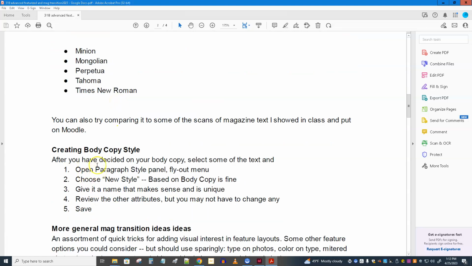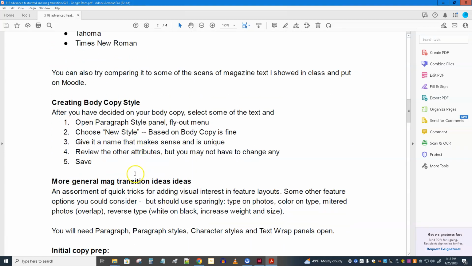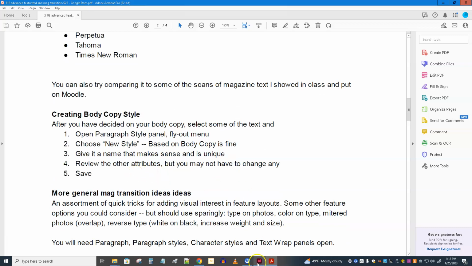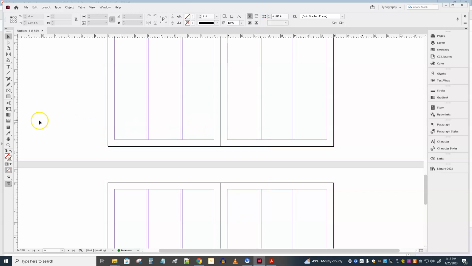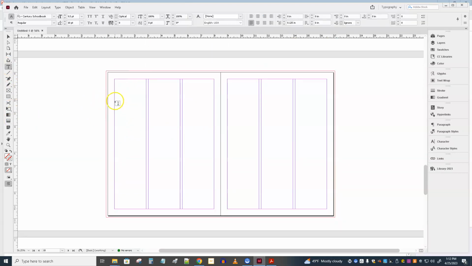And then this talks about how to create that body style. Then we'll go on to something else. So this part you may or may not play along with me. I'm just going to show you how I would do it. And what I suggest is, I've got a document up here. I'm just going to draw a relatively small box, and I'm going to use